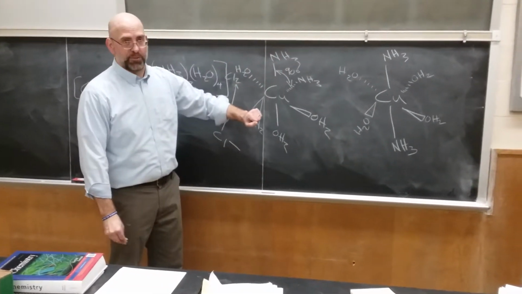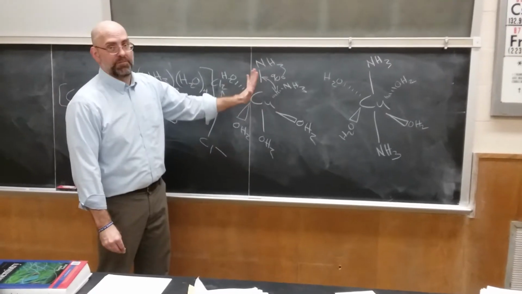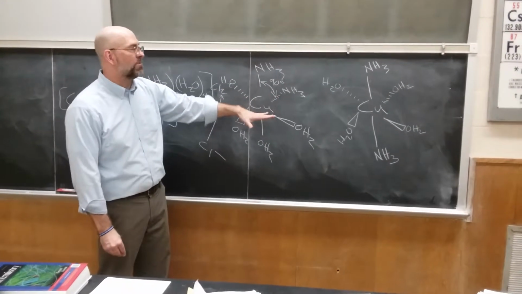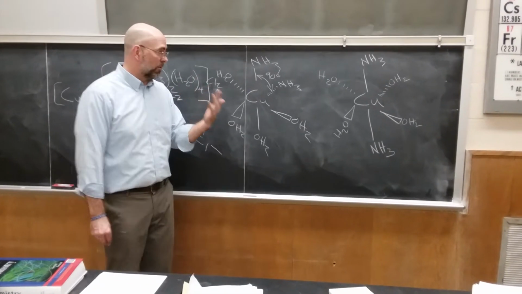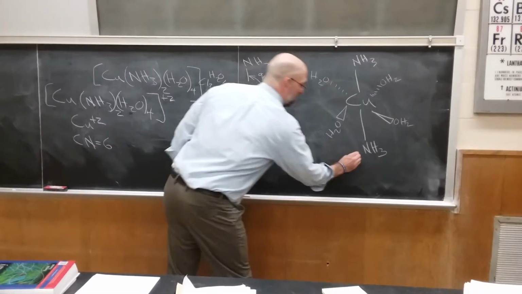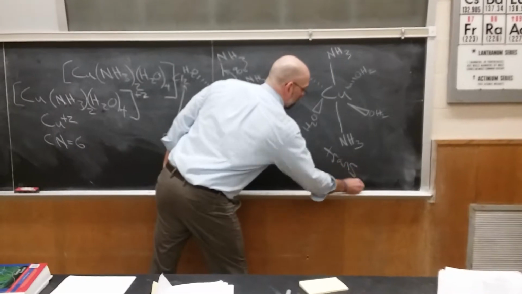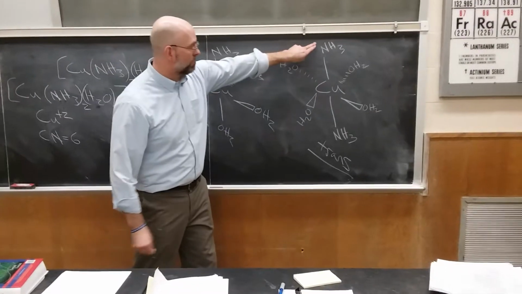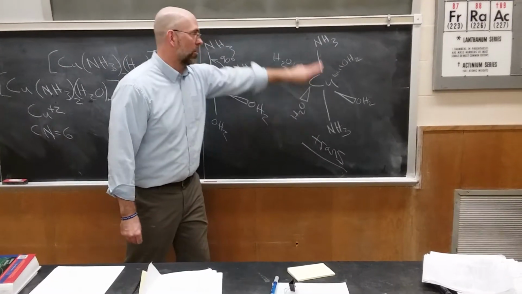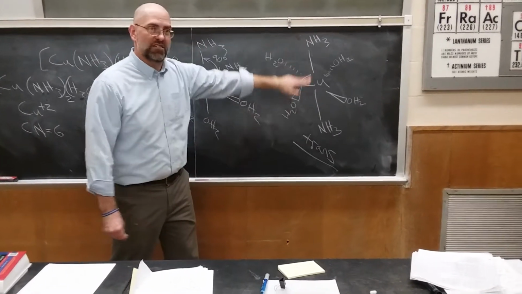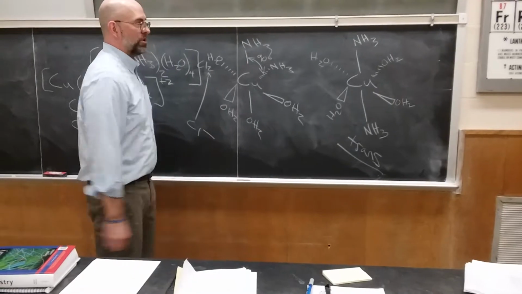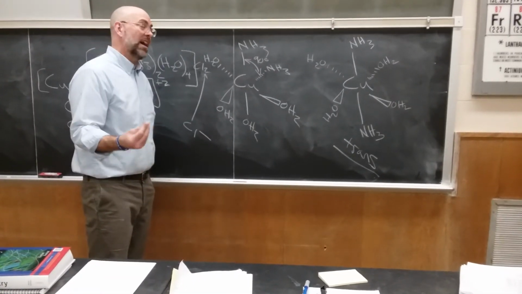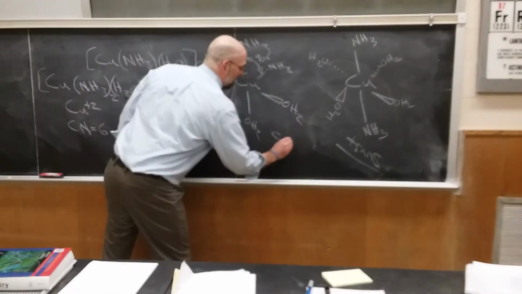These are called isomers. Same atoms, same number of each atom, same type of each atom, same ligands, same metal, different 3-dimensional shape. Those are called isomers. We call this the trans isomer because the ammonias are opposite from one another. We name them based on the ligands that we can get far apart. When we put the ligands right next to each other, they're close, they're on the same side, if you will, we call that the cis